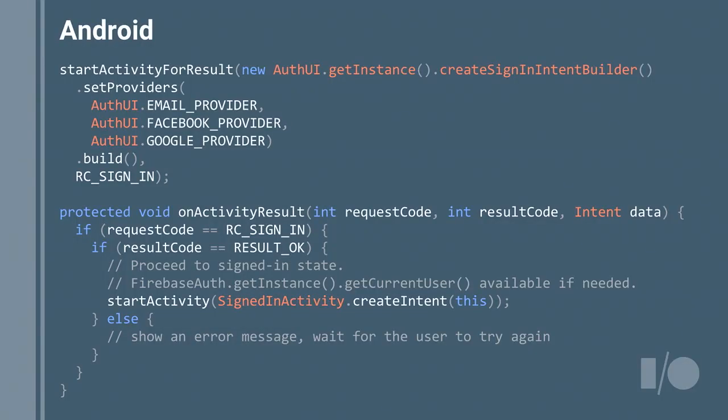On Android, as well as all the other environments, the pattern is very much the same. Create an auth UI object, configure it with the providers and other configuration information that you want, and then display the UI. Wire up your results such that when you get the result, you get a user object or an error code. Here on Android, you can see that we're doing that for email, Facebook, and Google. And an on-activity result will get a success status indicating the user is signed in, from which we can obtain a user object if we want to, or just transition to a signed-in state.